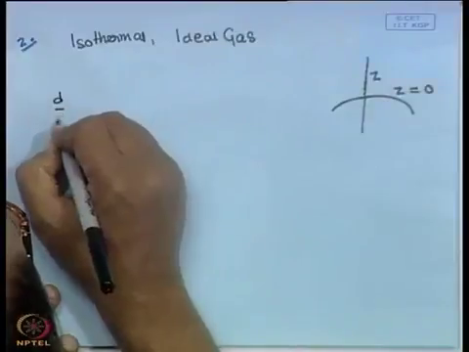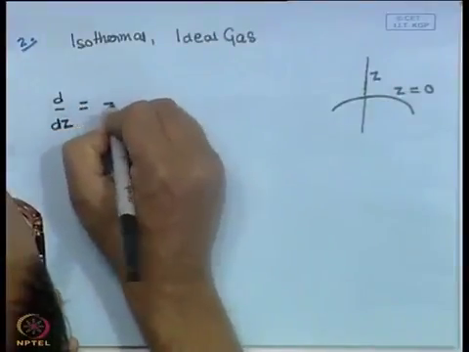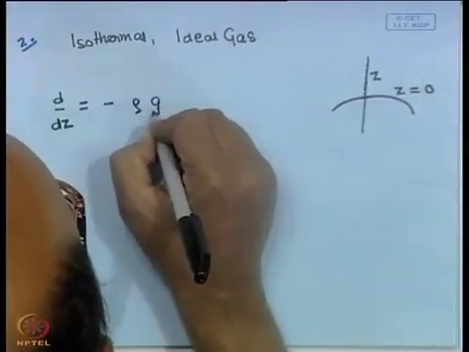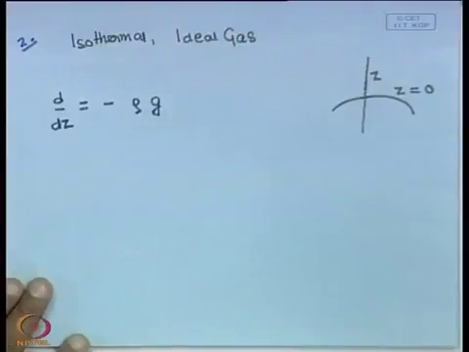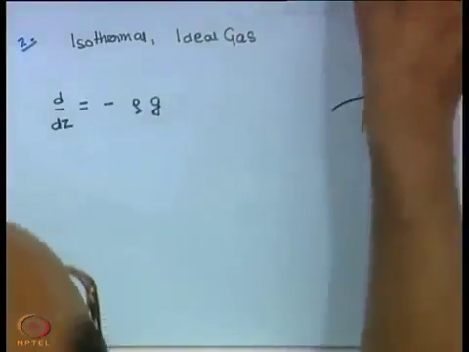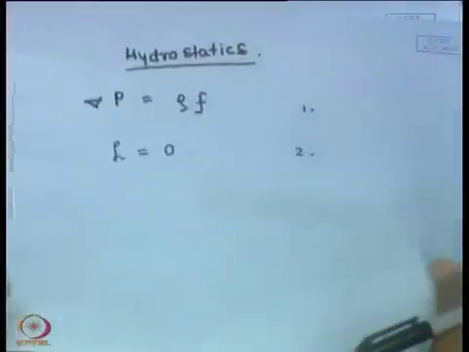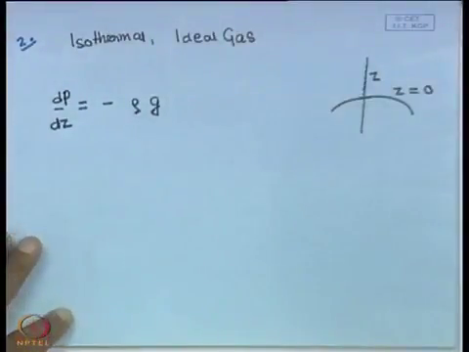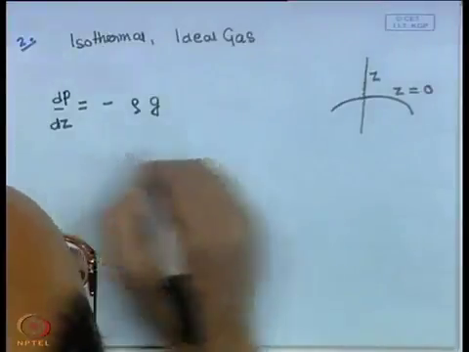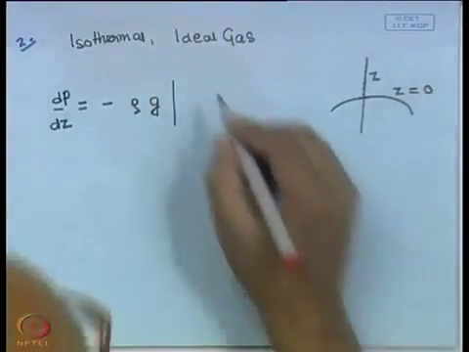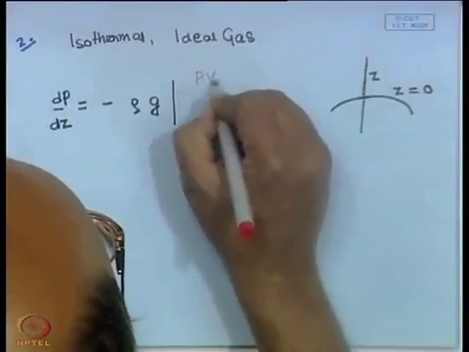And we have dP dz is equal to minus rho into g. Okay. dP dz is equal to minus rho into g, right. That is the first equation. But now we know that this is an ideal gas. For an ideal gas, we also have that PV is equal to